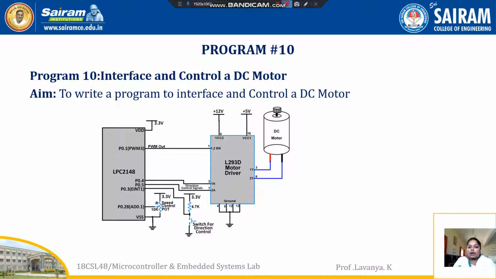Then the DC motor. These are the four components we are going to use in this program. Then why do we use plus 12 volts? If you want, you can give plus 5 volts also. Why do we use plus 12 volts or